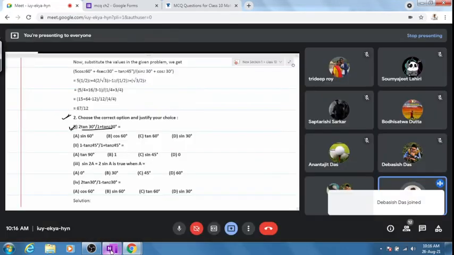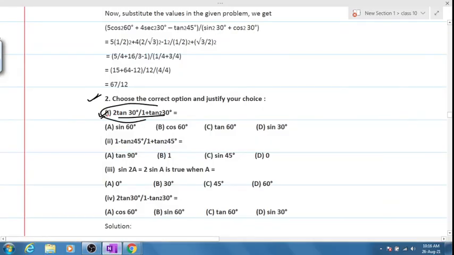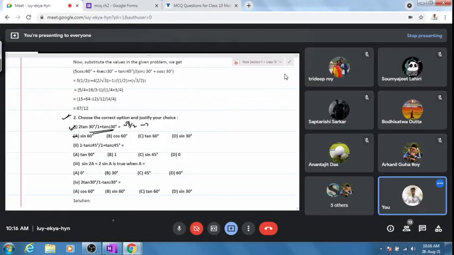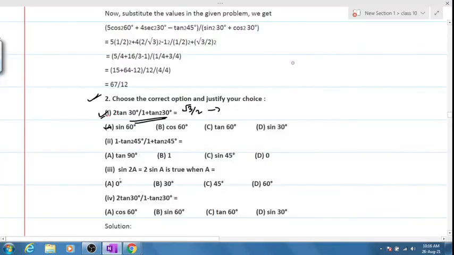First, tell me what are we getting here after solving this? What are we getting? Root 3 by 2 you will be getting first, and then we'll term this as sine 60. Clear? I hope people have done it this way. Is there any doubt in question number 2's part 1? Merely substitute the values.